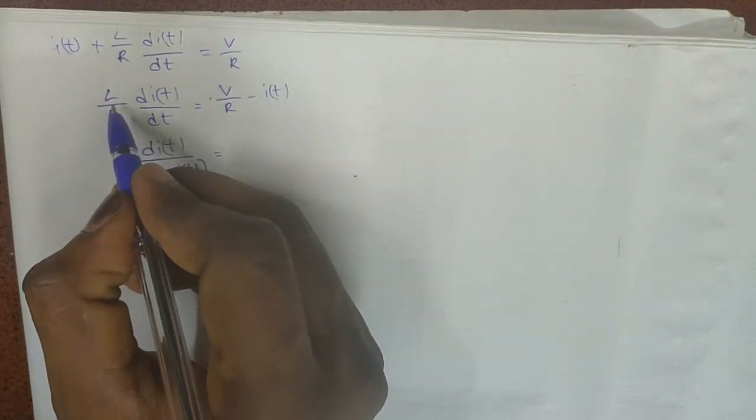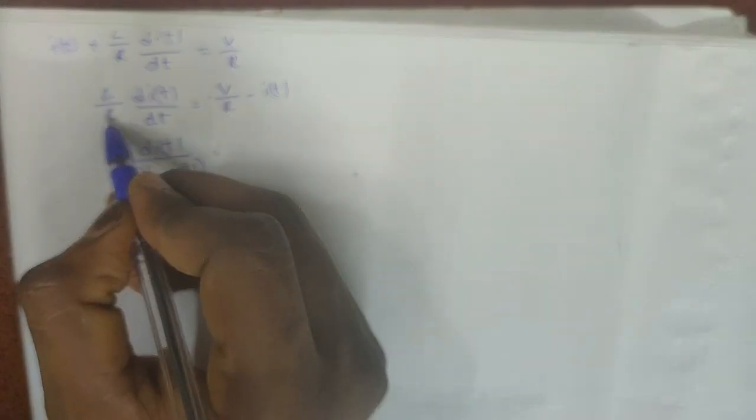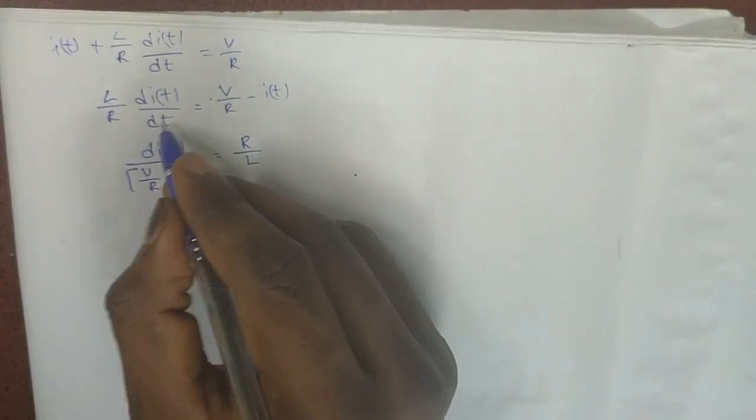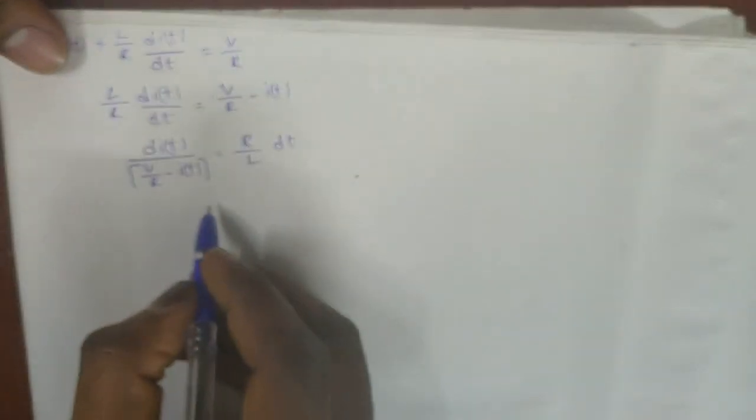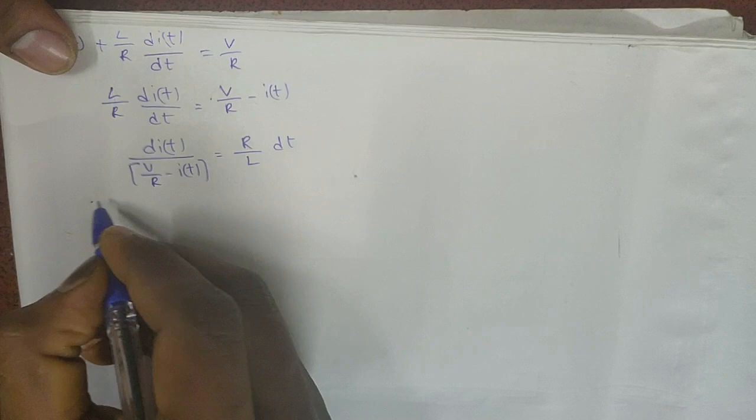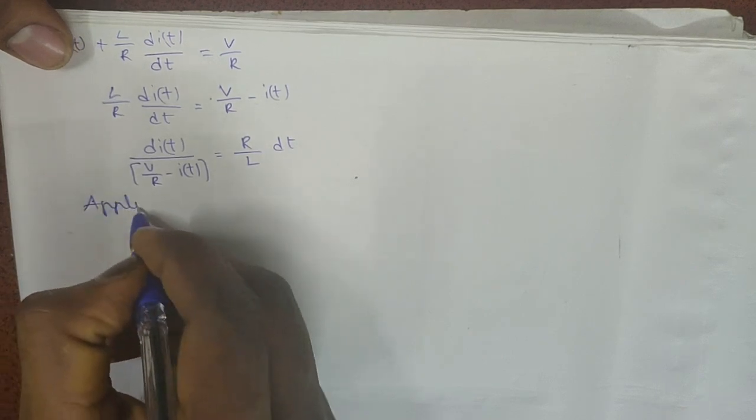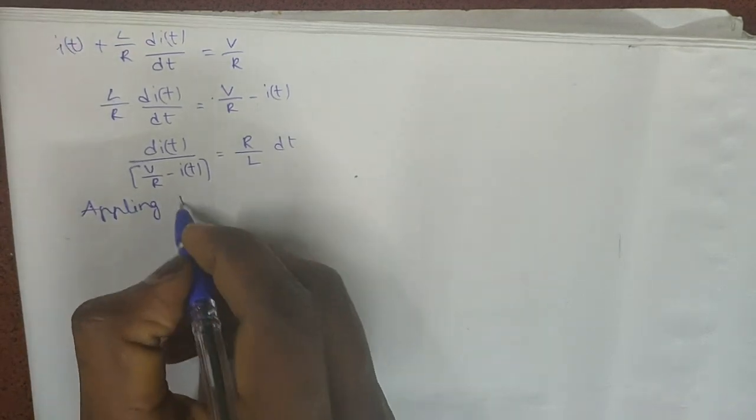And when this term goes this side, R will be in the numerator, L will be in the denominator, R by L, and dt will come to the numerator, dt. Now applying integration